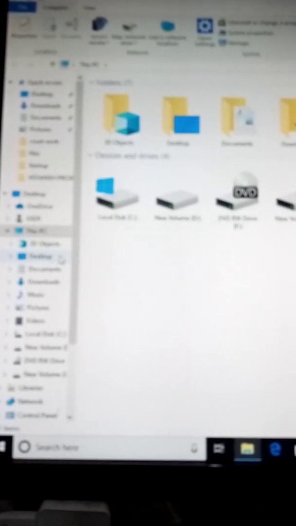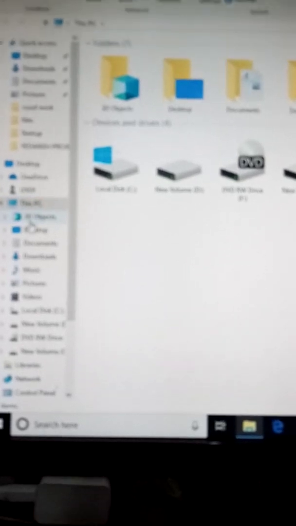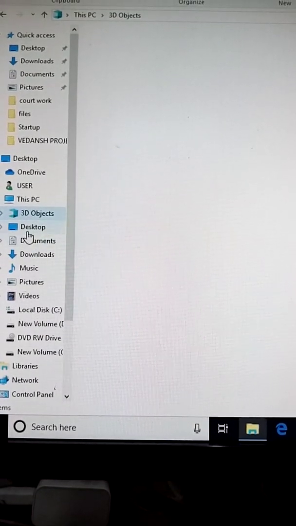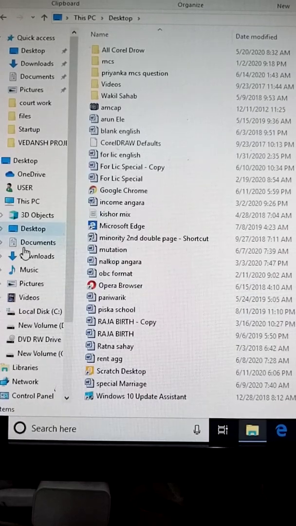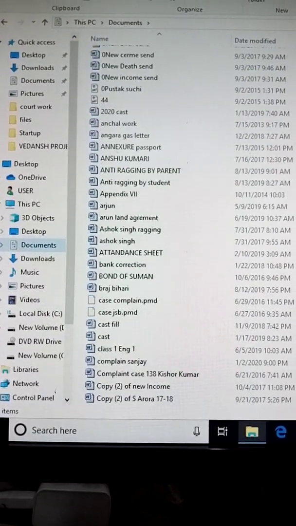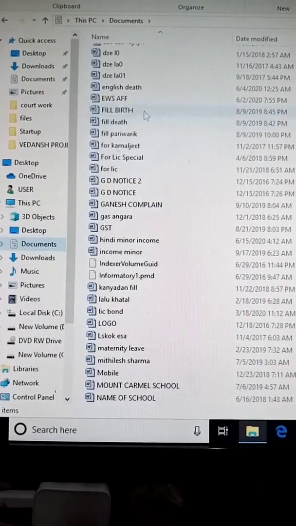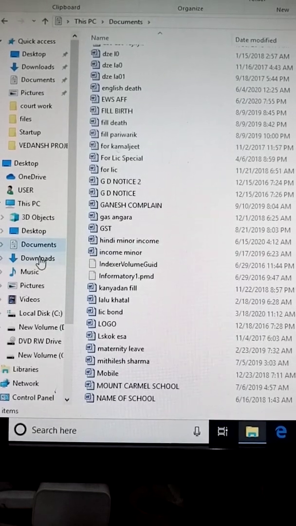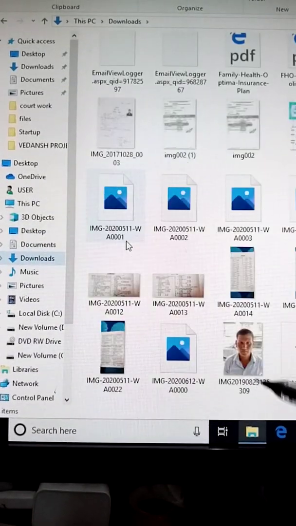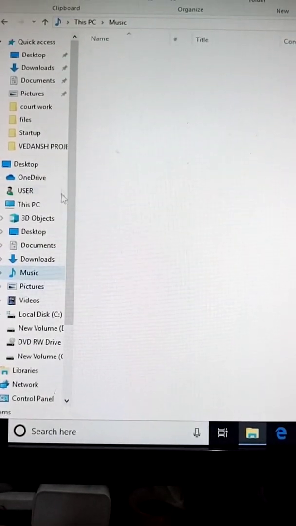What type of information is stored by Documents? It stores the files or other documents which the user wants to access quickly. Documents is the default location to save a Microsoft Office file. So these are the different files which you can access quickly by using Documents.